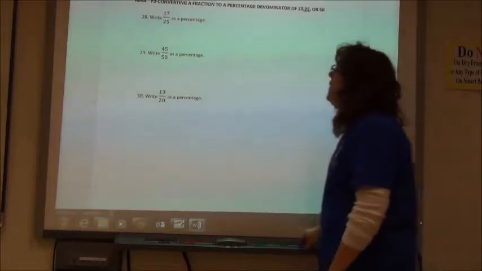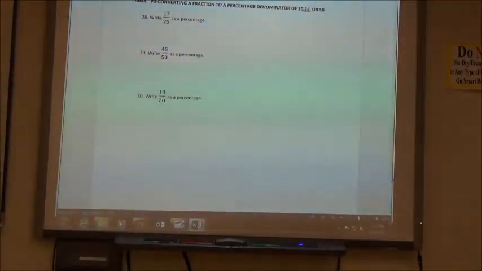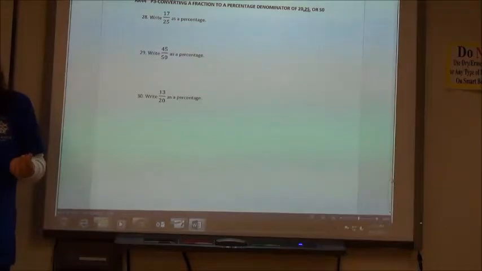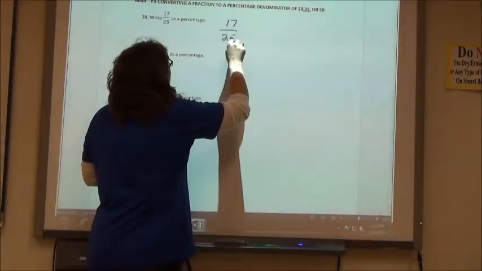These ones are going to be converting fractions to a percentage with a denominator of 20, 25, or 50. Why do they use those denominators? Because those are all ones that go into 100 nicely. There's a couple different ways you can actually convert a fraction to a percentage, but if I have something that divides into 100 easily, easiest thing to do, just make an equivalent fraction. Well, maybe that's not easier than using your calculator, but